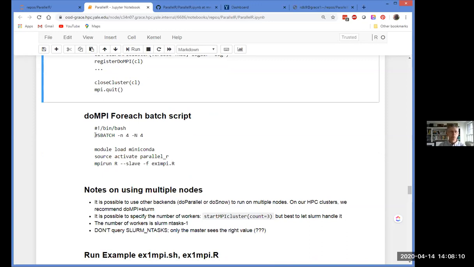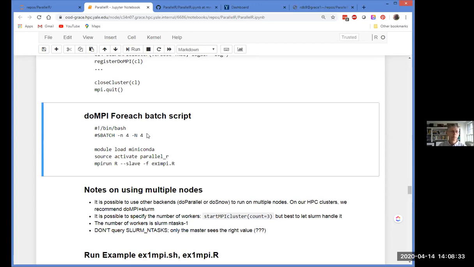This is going to use doMPI, and the only important change here is that instead of asking for multiple CPUs with -c, I'm asking for multiple tasks with little n4, and I'm going to force those tasks across multiple nodes by using a capital N4.